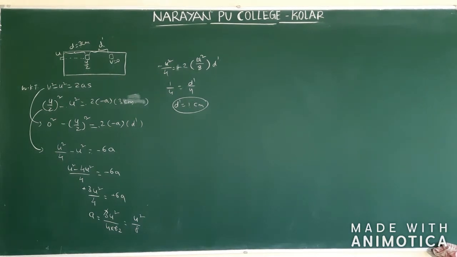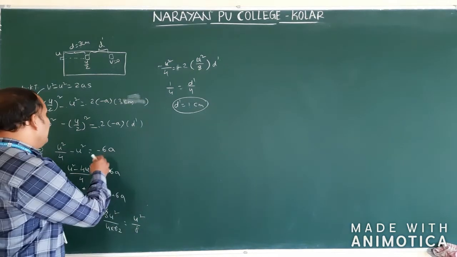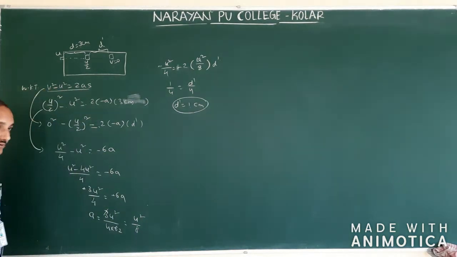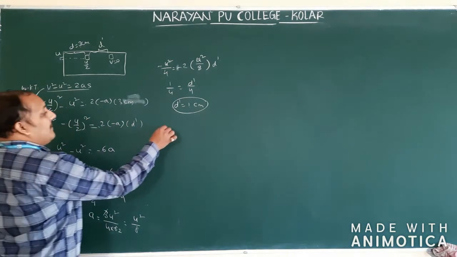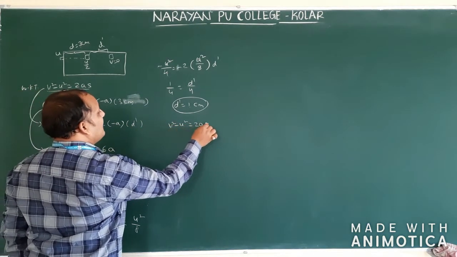Next question 9. An automobile traveling with a speed of 30 km per hour can brake to stop within a distance of 10 meters. If the car is moving twice as fast, that is 60 km per hour, the stopping distance is. Here they gave velocity and stopping distance. Velocity stopping distance means what is the relation? Again same formula. Stopping distance means final velocity is going to become 0. So it is moving initially 30 km per hour. Therefore, v square minus u square equal to 2a.